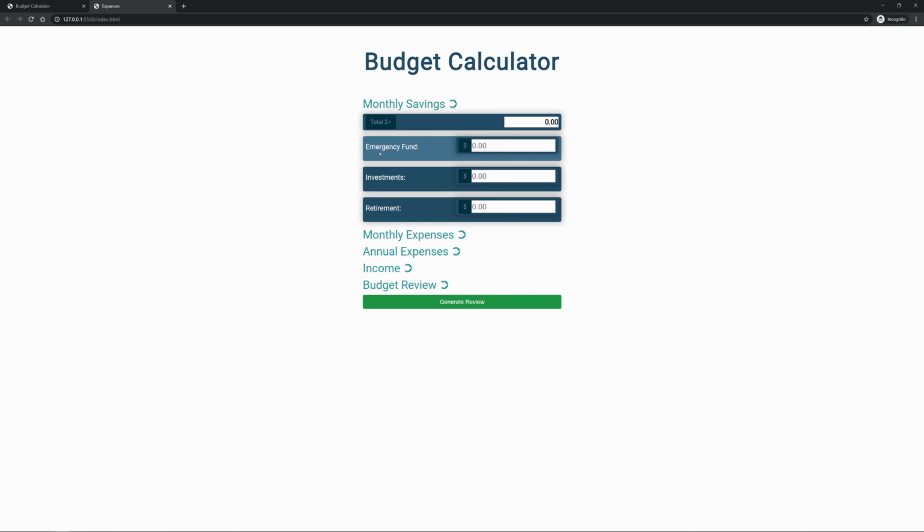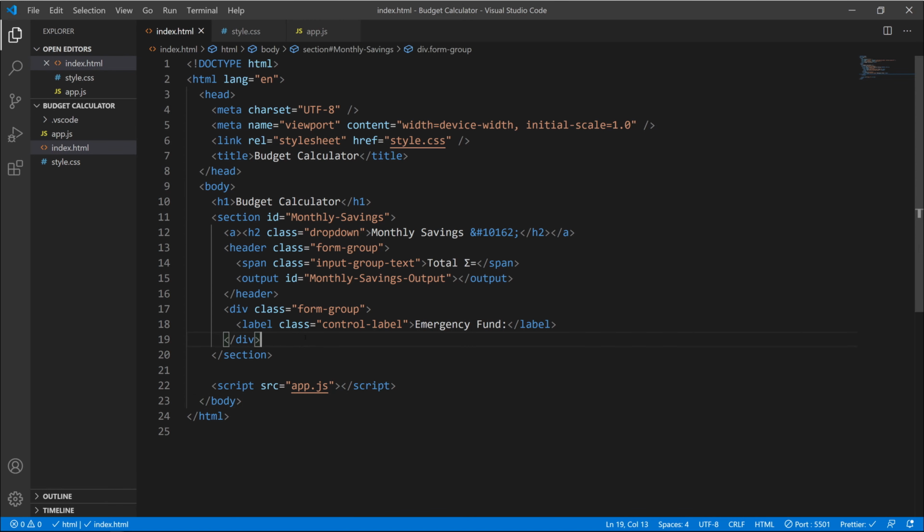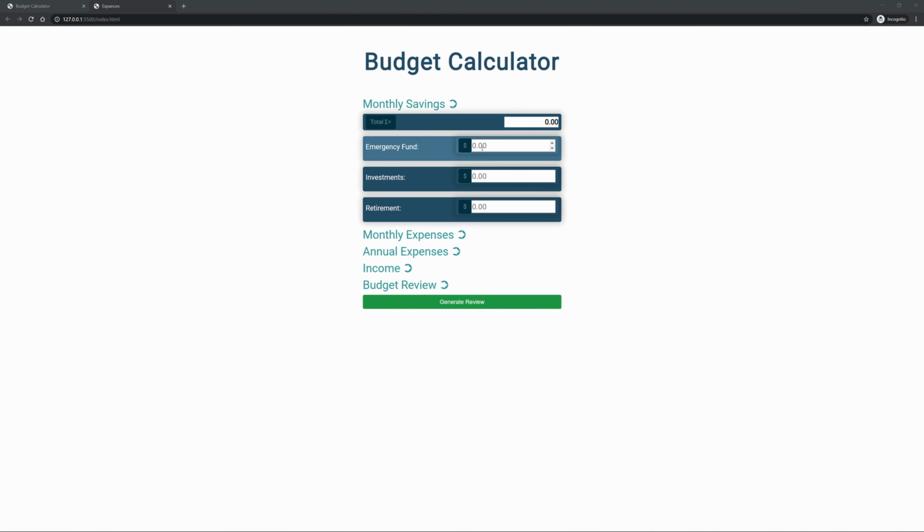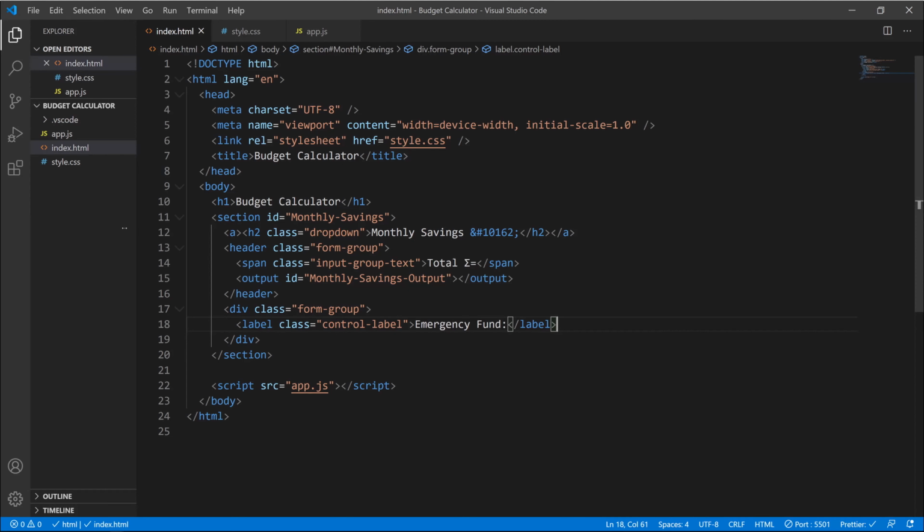These are all in a form group. So these are all contained in a small container, which is then defined by a form group. So let's go back in here. So in our form group, we have the label, which was this one. And now we need to create this part right here. So let's go back in here